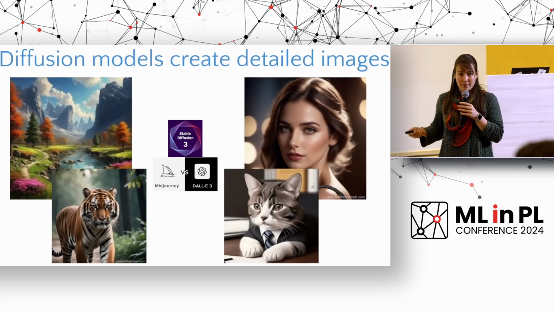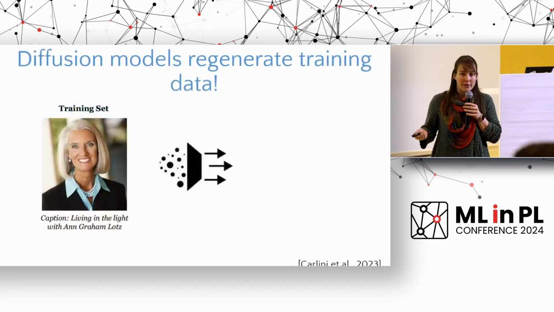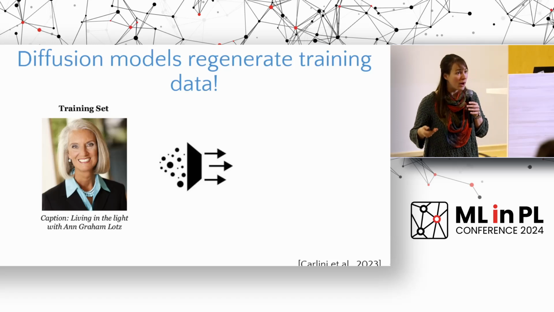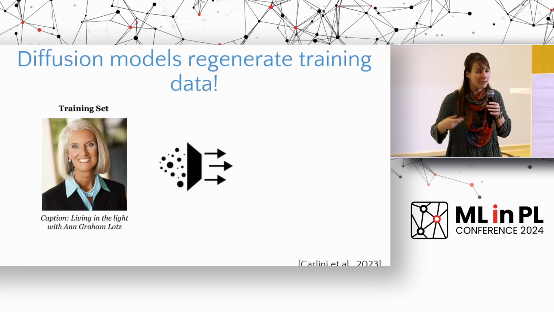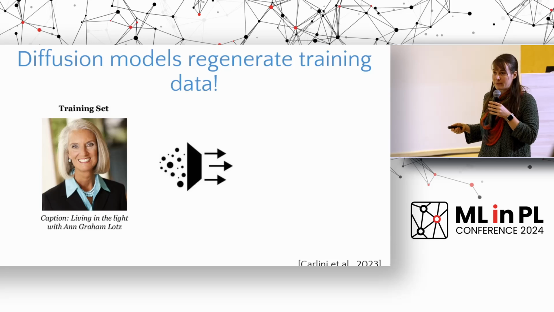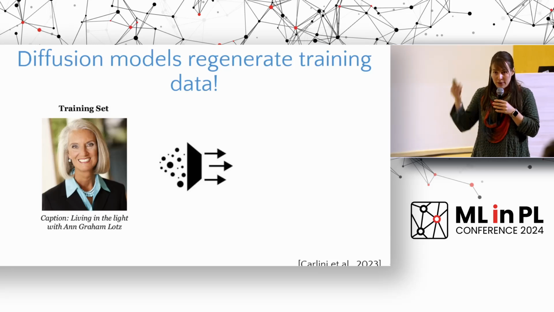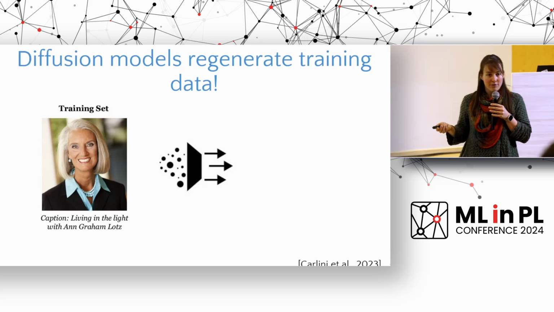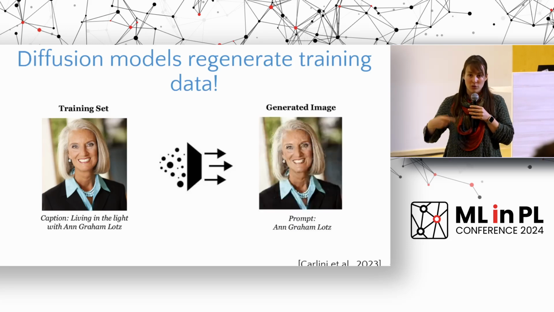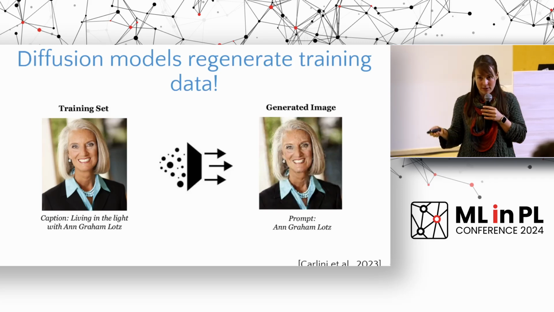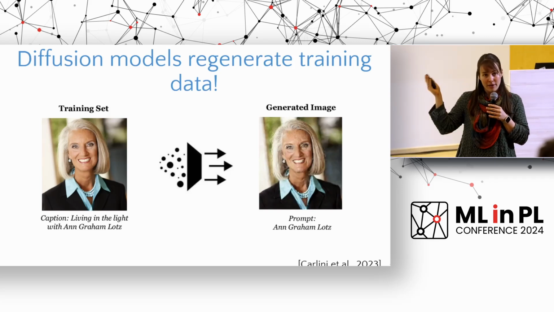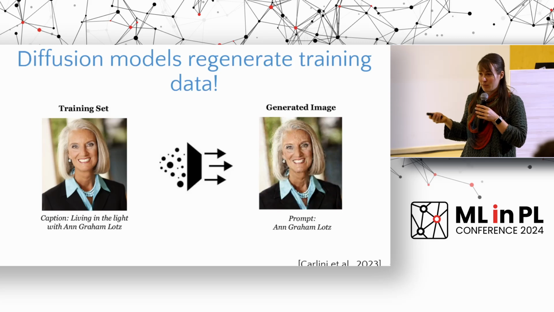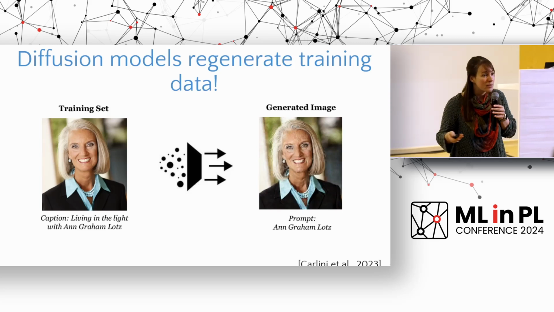But there is another thing about that, which is that diffusion models are actually known to output their training data at inference time. What that means is basically, if a diffusion model is trained on an image of your face, for example, and you then prompt the model to generate you, for example by inserting your name, it might output exactly the same image of your face. And that has multiple problems.